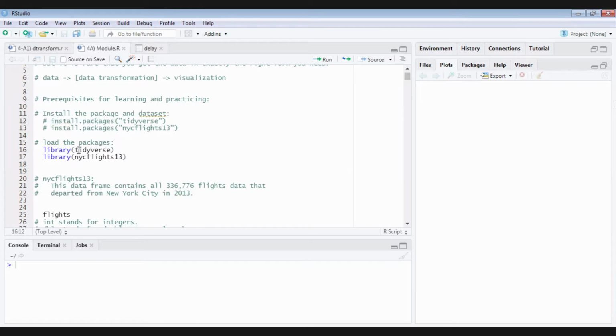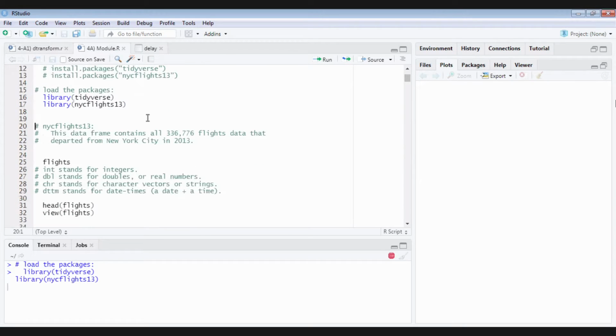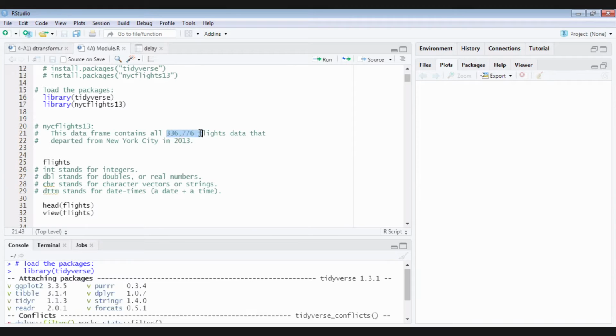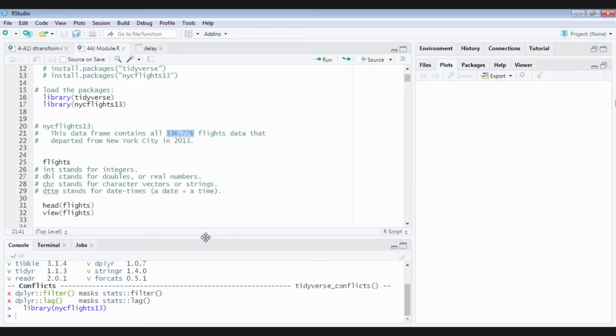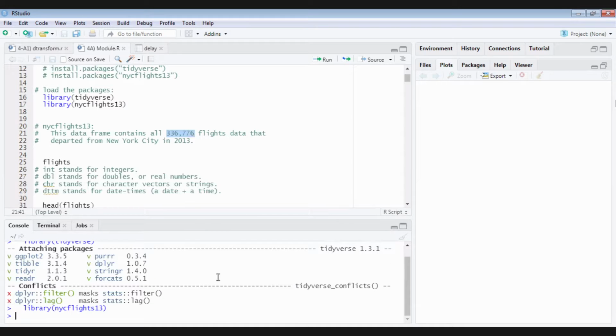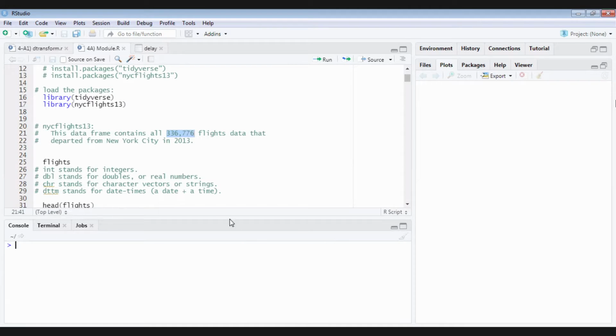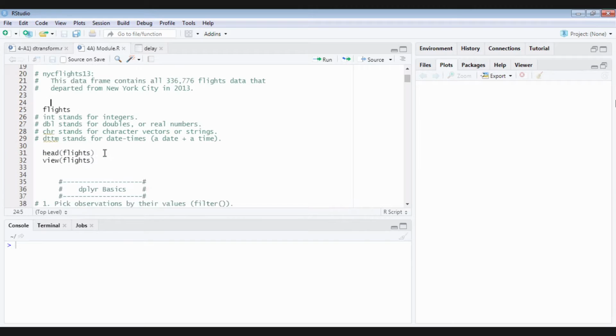Once it is installed, you need to load it every time you start your script. In flights, we have seen that it contains around 336,000 records and 19 columns of data. And if you want to see the data, you can.